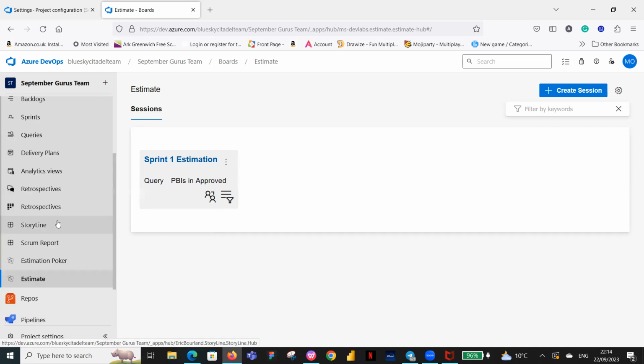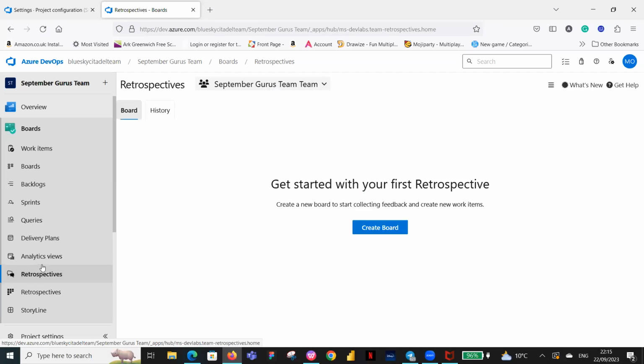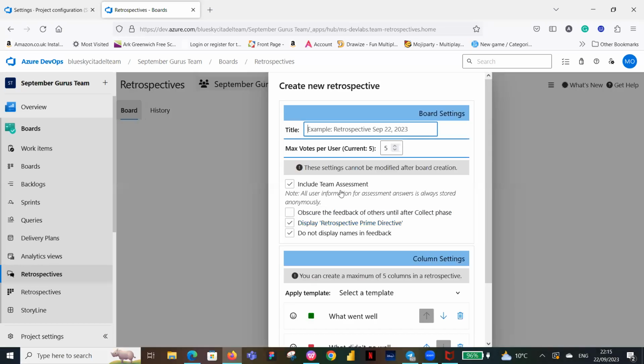Another one is your retrospective board. For your retrospective board also, we go to the page. They are all in your left panel, and they are all under this board that has the green icon on it. You can see retrospective there. If you click on that, we've clicked on it now, just waiting for it. It says create the board. So if I click on create the board, it brings up this